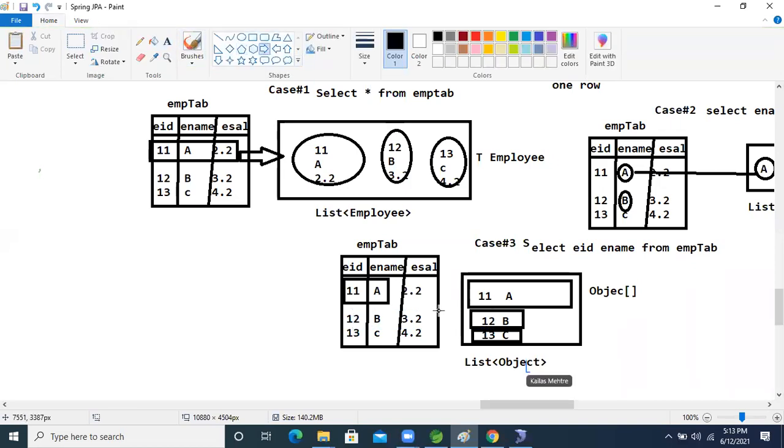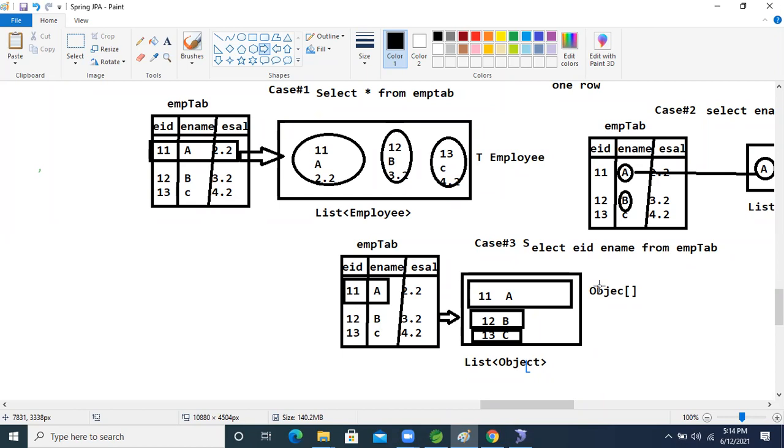I have asked about array, object array. If you take Object, that would be enough for a single row. That's the same, but for multiple rows, that's why we take an object array. Good question. If you are taking only one row, then good, right? But if you are holding multiple objects, 1, 2, 3, a list of array objects will come. So what kind of data type will you hold now?